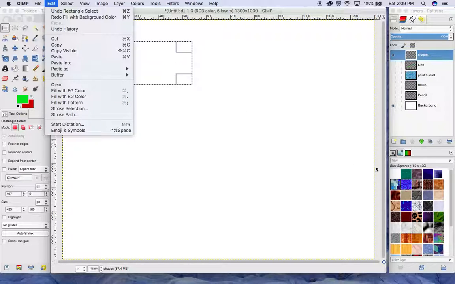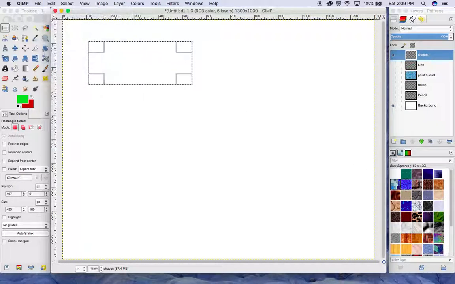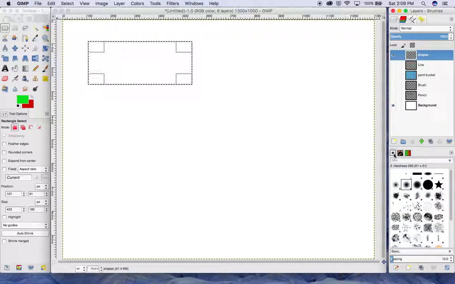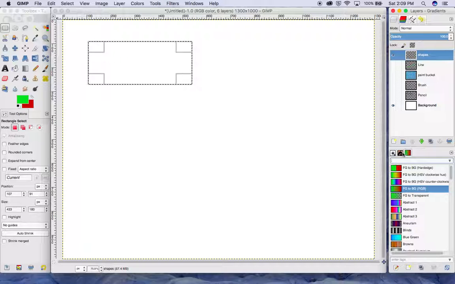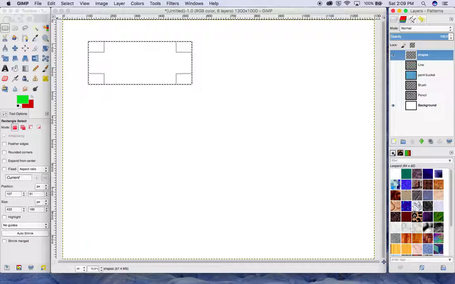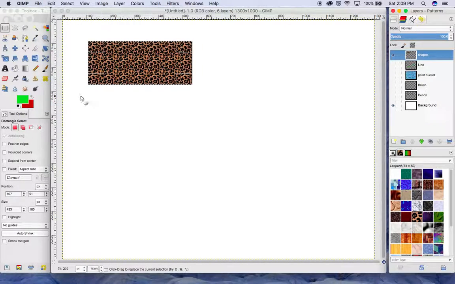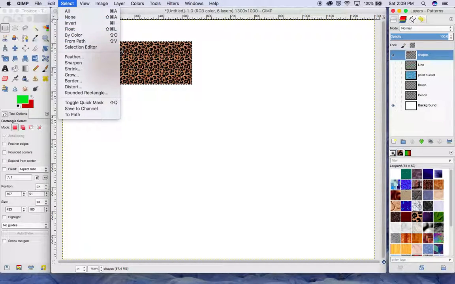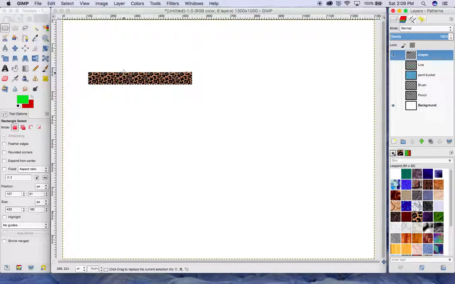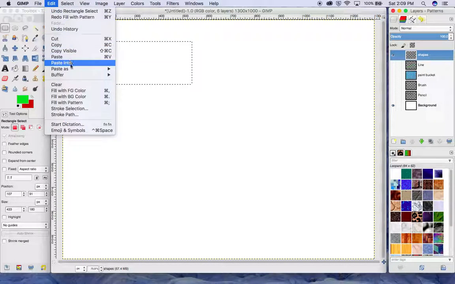Let's go with fill with pattern. Whatever pattern you have over here, let's do a different pattern. Let's do a leopard print pattern. If you go over here, this is your regular brush, pattern, gradient. Okay, so we have a pattern here, leopard print. So let's do Edit, fill with pattern, and it will fill with the pattern that you have selected over there. So you can do a lot of different things. Let's go back, and you can also do